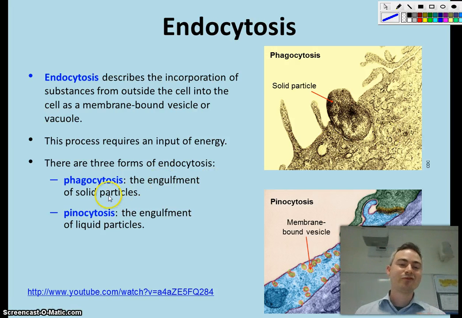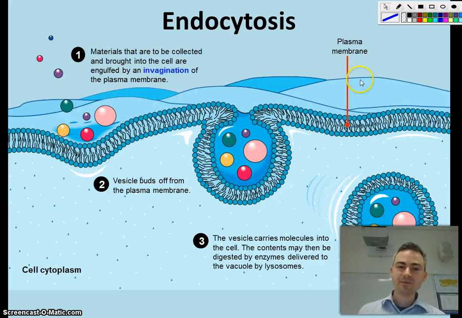And we can branch it down into two different types. Phagocytosis, engulfment of solid particles. We'll particularly be looking at this more in immunology when we look at specialized phagocytotic cells. And pinocytosis, which we won't be looking at anymore. It's just the same thing, but with liquid, with a fluid. Here's a nice little flow diagram of that process happening. There are some solid